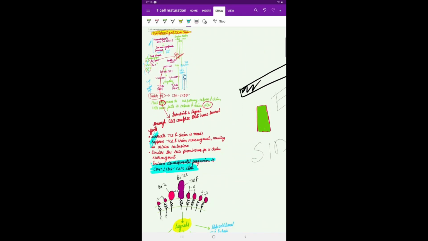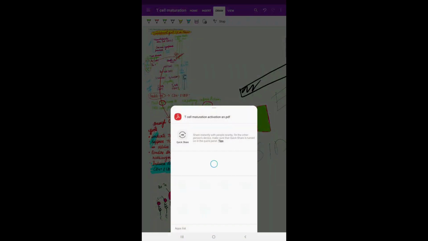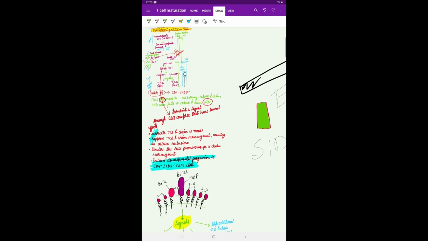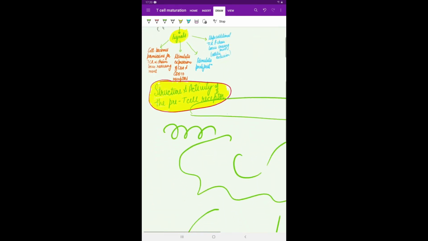Now coming to the negative point, you also have an option where you can share your page or export your page as a PDF or plain text. But the negative thing about this is, once I choose the PDF option, the normal process will happen where you can share with Google Drive and all the options in your social media. You will get all the options, but the negative thing is that it can only convert one particular page to the PDF format or to the plain text format. Like this is the one page, so whatever is in this page it can only convert to the PDF. Whatever is written beside this, it won't convert.